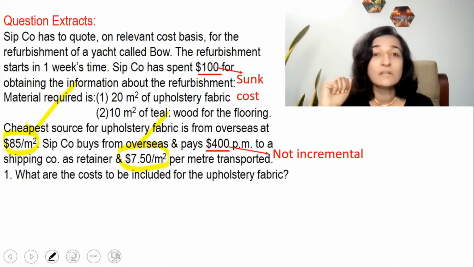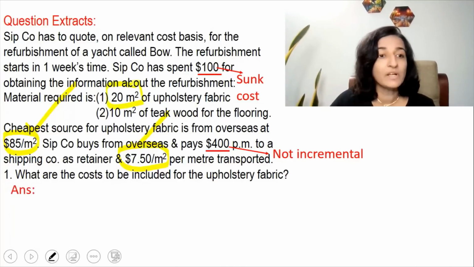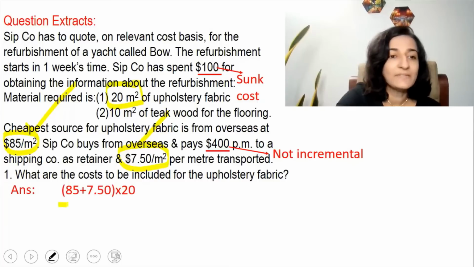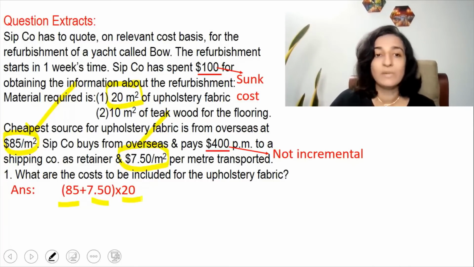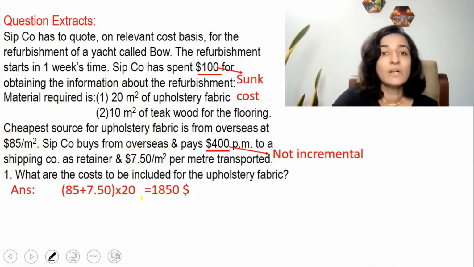And how many square meters do we need? We need 20 square meters. So the relevant cost is 85 plus 7.5 multiplied by 20 square meters. We get an answer of